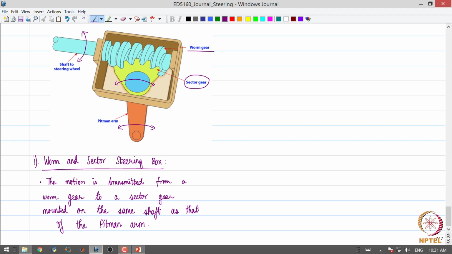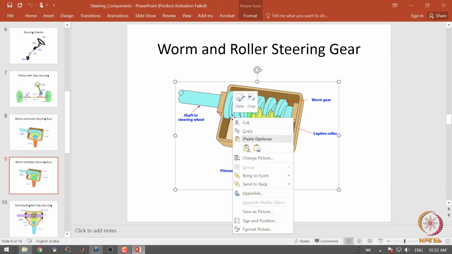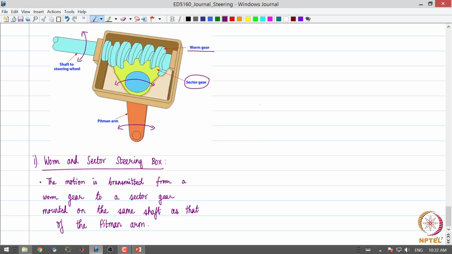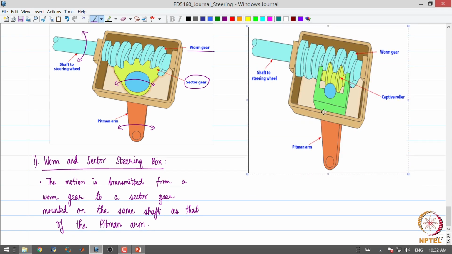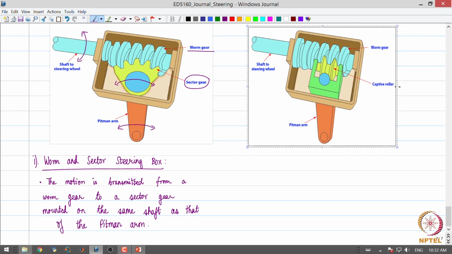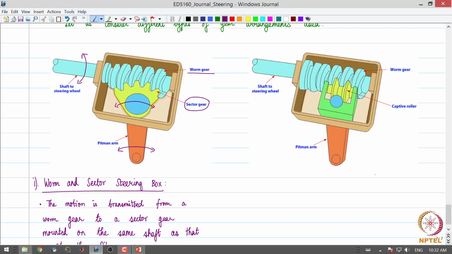So what are other alternatives? Another alternative is what is called a worm and roller gearing box. Okay, so what is this? There are different designs. So let us look at a few choices and then we will also look at one which is most commonly used, which is coming up shortly. So what happens in this worm and roller gearbox or steering box? We can once again observe that the